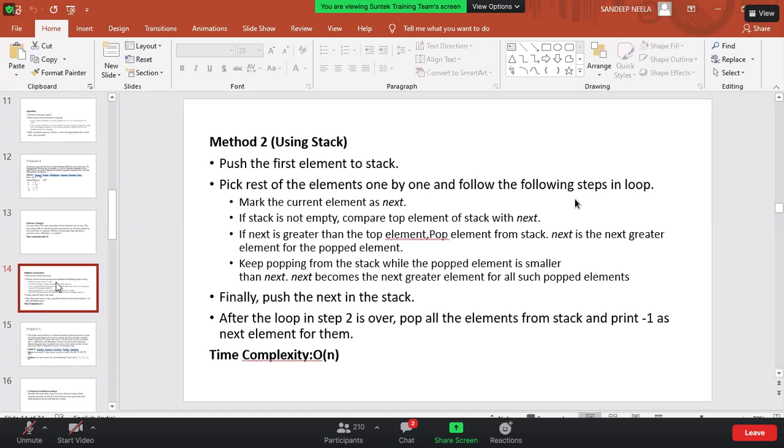That means in this one we are only moving up to n. Suppose in the worst case we have 10 elements and we want to check the condition where the 10th element is the highest in the stack. After that there is no element, so it goes up to 10 only. That is order of n only, whereas using loops it will be order of n square. Is it clear for everyone?